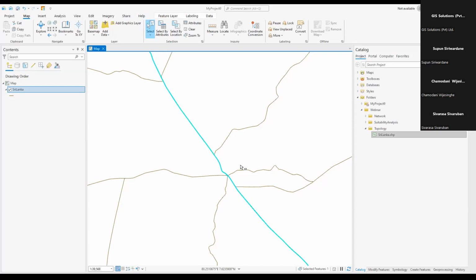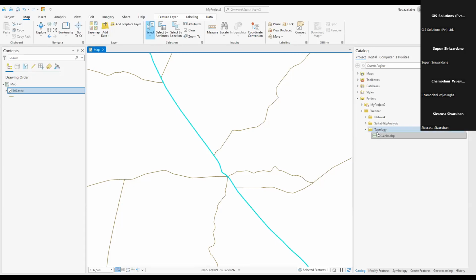Right? So for that, we have to have a geodatabase. Without a geodatabase, we can't have a topology. Topology means cleaning the data and the network data set, right? So for that purpose, we are going to create a geodatabase. So here, I'm going to